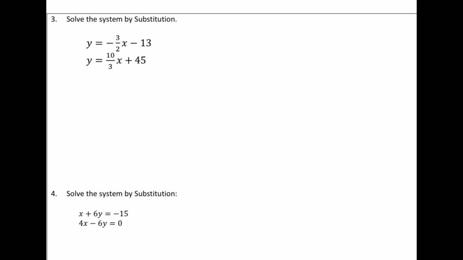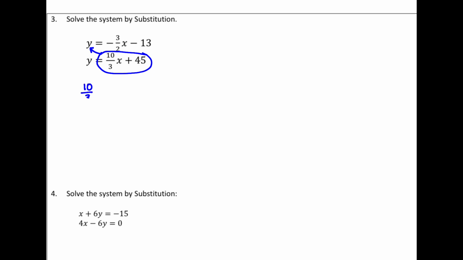When they are both equal to a variable, solo, you take this one and put it in there, or this one and put it in there. It doesn't matter. Okay? I have a tendency of doing the second one into the first, but it doesn't matter. Okay, so I'm going to put it in this way, and I end up with